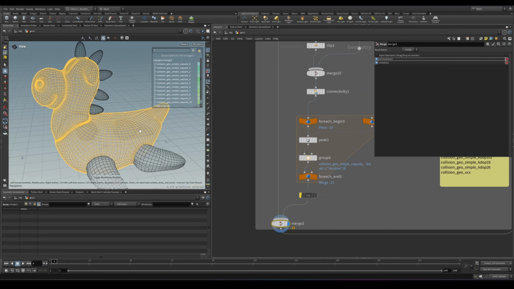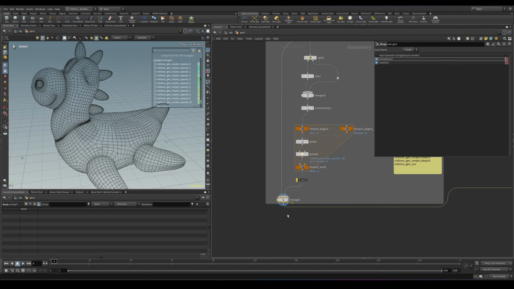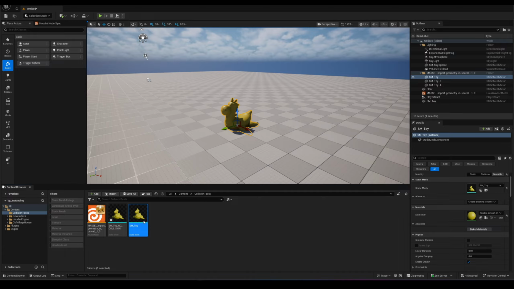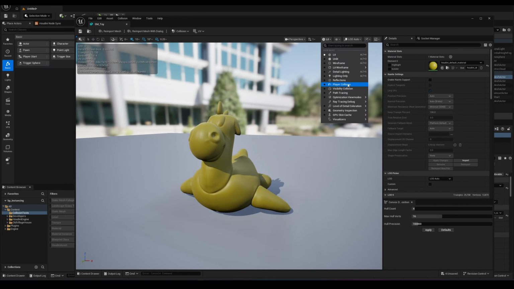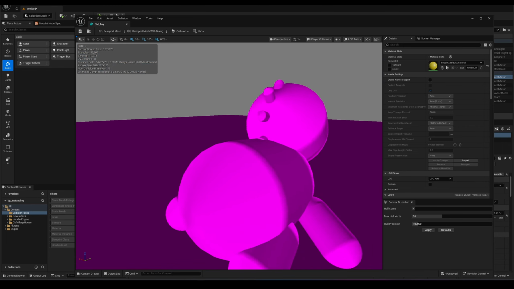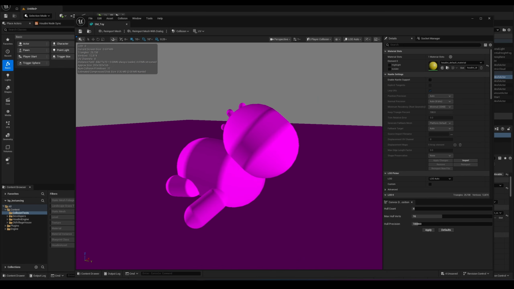And the only thing I want to do is go ahead and merge it together with the original mesh and save it out again. Let's take a look at what kind of result we get. So we have only one mesh, that's good. And let's take a look at the player collisions. You can see the Houdini engine has tried its best to align these capsules around each